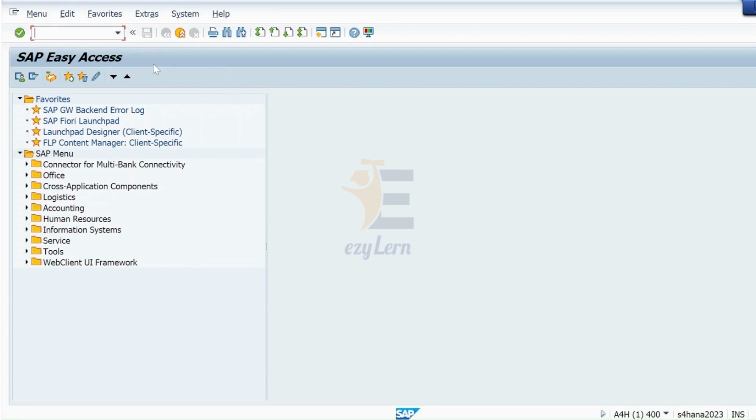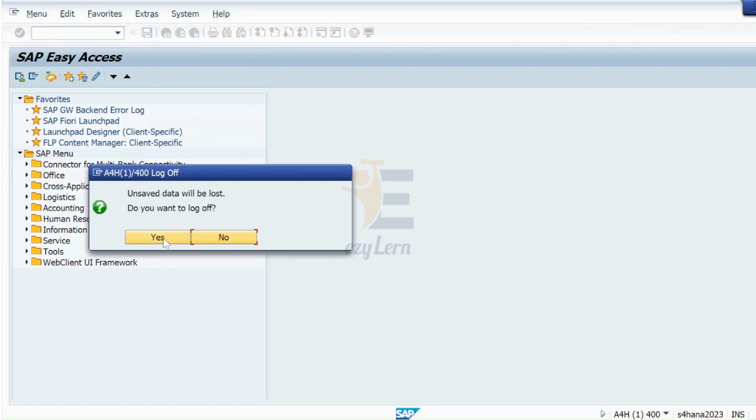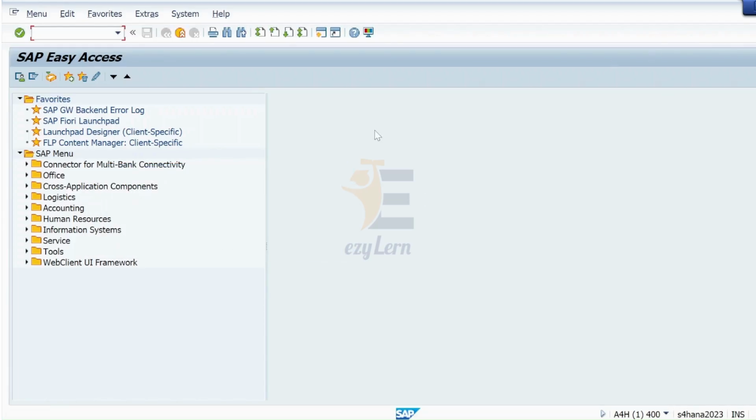And one more way to log off is to just click on that cross icon, the close icon, and it will log off if only one session is open. If multiple sessions are open, then it's going to close the sessions first, and only then will we be able to log off. That we will discuss later on. Okay, so this is how we can log off, right? 4 ways to log off. I guess that's clear.